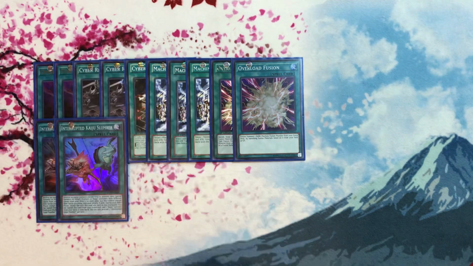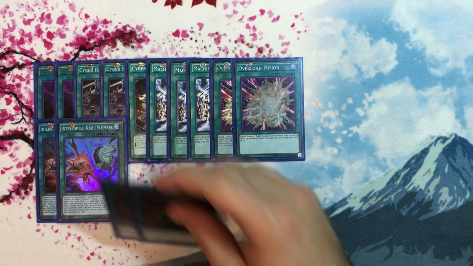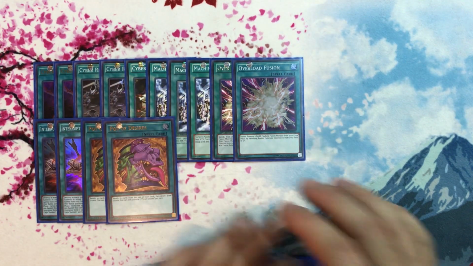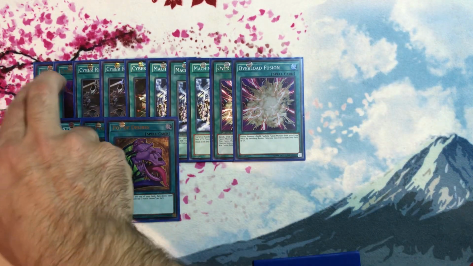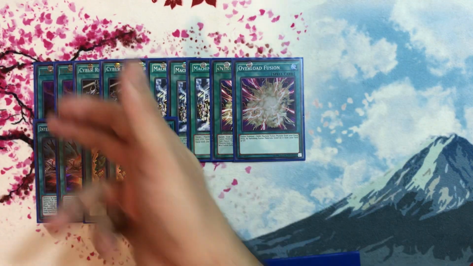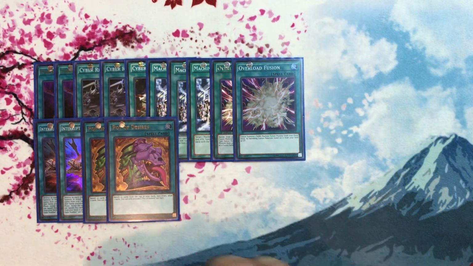And then we play 2 Interrupted Kaiju Slumber. We play the 4 Kaijus. Really, really good for going second. So you got to play it. And then 2 Pot of Desires. This is the only argument in my book for playing Emergency at 3, because you obviously would rather see them than banish them. But we only play 2, so